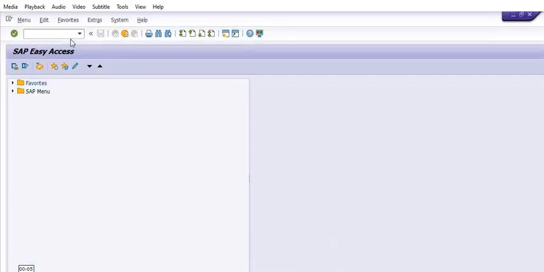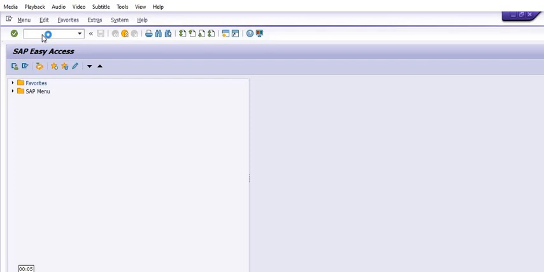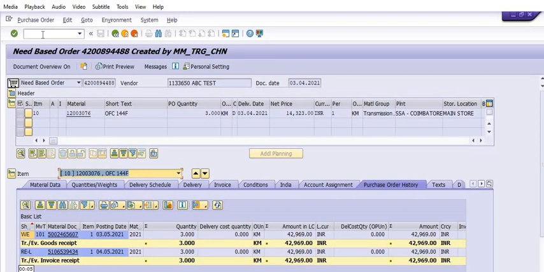Once we do this activity, for example, we will check in SAP. Let's open a purchase order, an inventory purchase order. This is the purchase order.